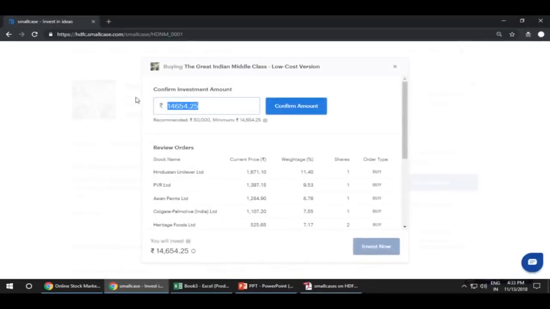So there, like I told you, there's a minimum investment amount. This depends on the current stock prices as well as the weightages. The weightages are all listed here. This is the minimum amount and this is the recommended amount. The recommended amount is to get the ideal allocation of these stocks. But say you want to invest